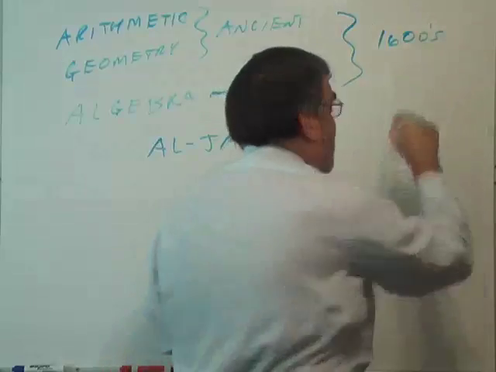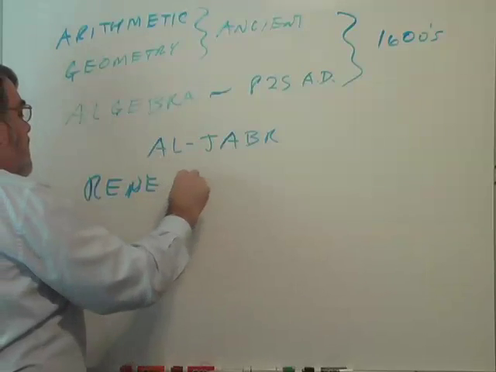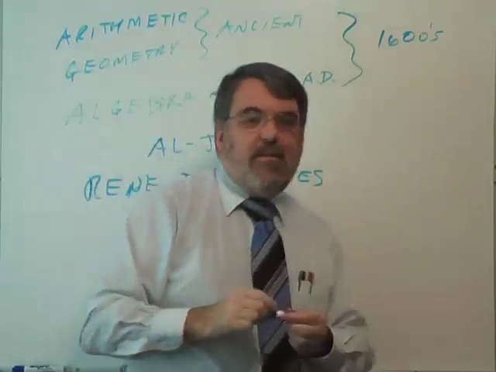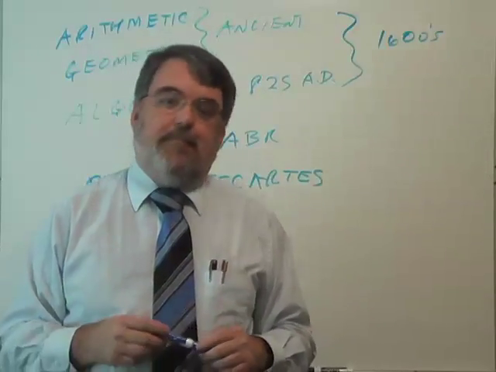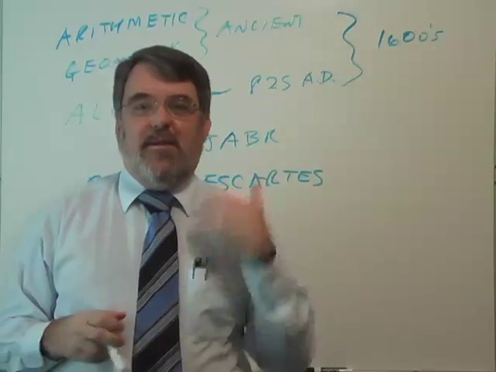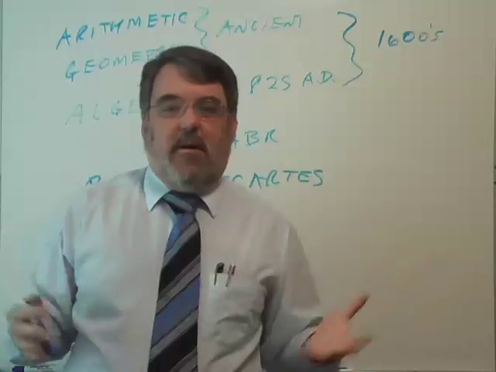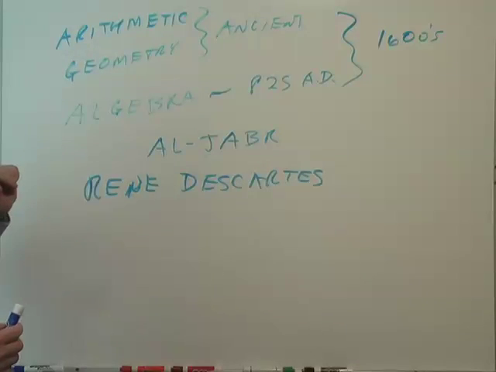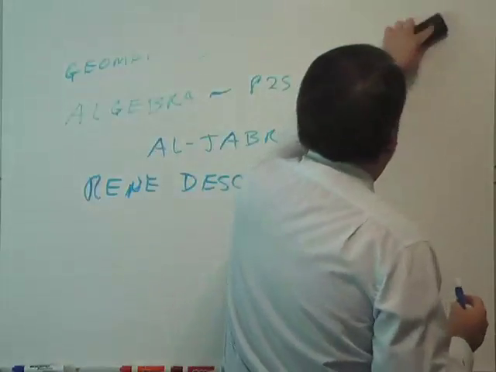Maybe 1642. A Frenchman, René Descartes, is the one who generally gets credit for this. And Descartes was also a famous philosopher. He's the guy who came up with that saying, cogito ergo sum, I think therefore I am. He was resolving a philosophical debate about whether we exist independently from God or if we're just a figment of God's imagination. But anyway, Descartes made an enormous contribution to mathematics, particularly in this area. And let me show you how he did that. So let me erase this board here. Descartes was